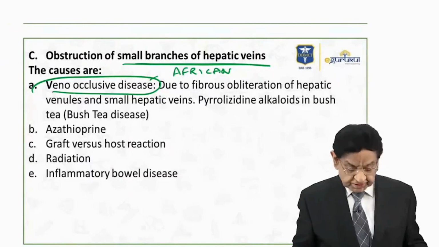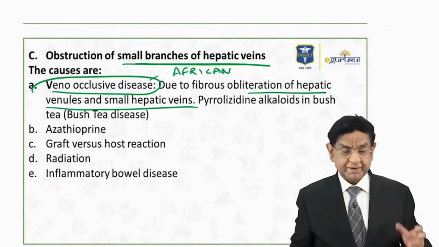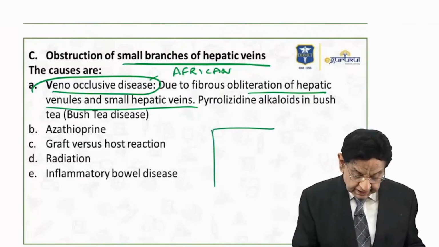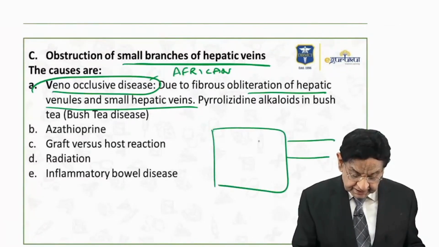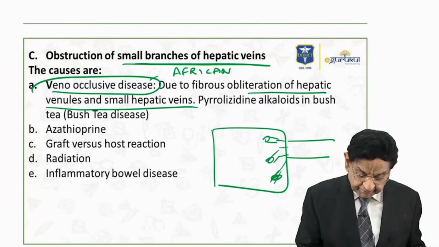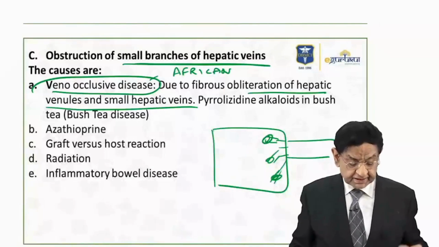So veno-occlusive disease is a fibrous obliteration of hepatic venules and small hepatic veins. So whatever veins I was trying to show you, the liver, hepatic veins and the small veins which are tributaries that are going to join the hepatic vein, these get fibrosed and obliterated. And the reason being